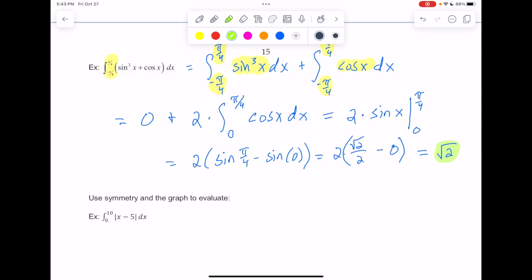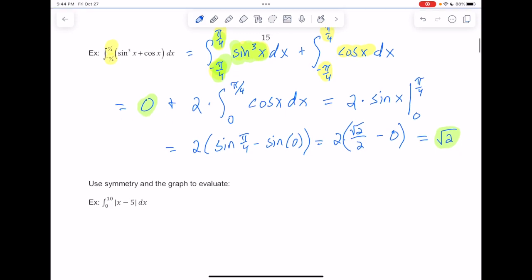Worth mentioning, by the way, that at this point in our calculus careers, we don't know the antiderivative of sine cubed of x, so we wouldn't have known how to find that antiderivative. So that's like some really high-powered stuff here. We were able to find the value of this definite integral even though we didn't know the antiderivative to one of the pieces. And we could only do that because it was an odd function with symmetric bounds, and so even without knowing the antiderivative, we know the answer to that piece is 0. So again, that's pretty powerful. So it's good that we could take advantage of that, make this a much simpler problem.